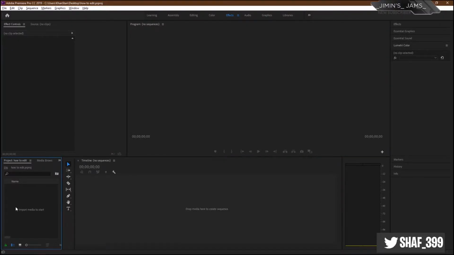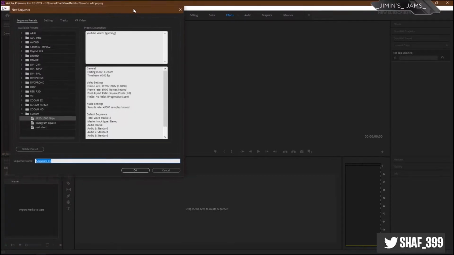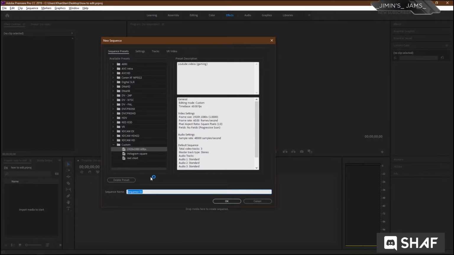First thing you do, when you open Premiere Pro, after opening your file, don't just drag your clips and add them here. It will change the sequence and it will affect the quality, destroy the quality, as you can say. So the first thing, right click in this bar and select new item and select sequence. This sequence doesn't look like much, but it is the most important thing while editing a video. It will keep your video in a single frame, in a single column.